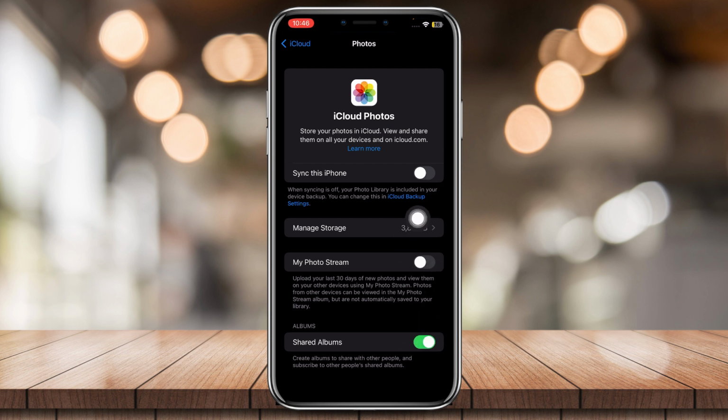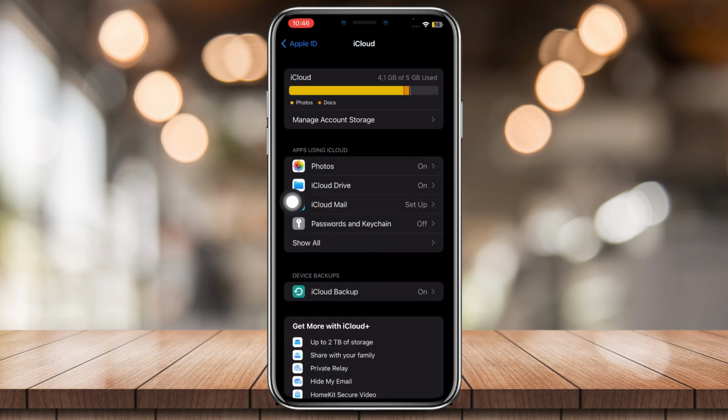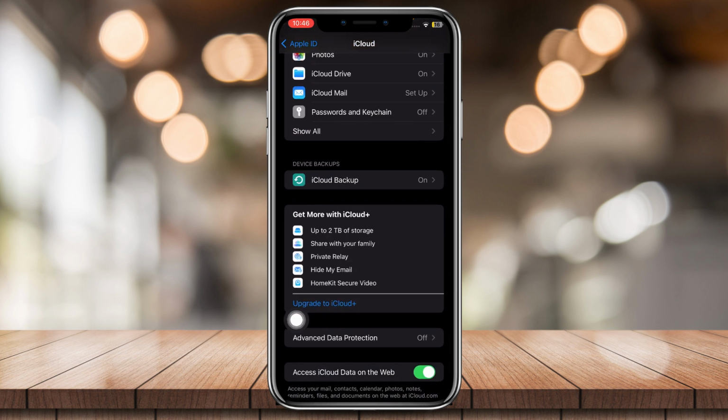As you can see, I have 3 GB, but yours might be a little too low to have shared albums. Now, how do you fix this? You can either delete photos in your iCloud, or you can go back to iCloud and tap on Upgrade to